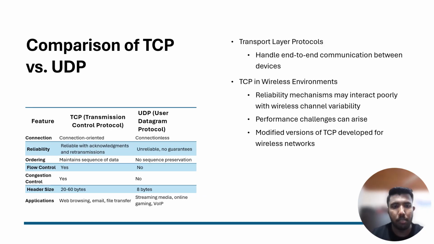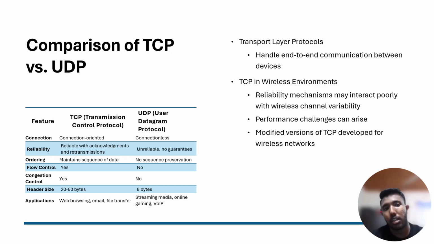In this slide, we'll do a comparison between transmission control protocol and user datagram protocol. Comparing TCP and UDP reveals fundamental differences in how these transport protocols handle data. Transmission control protocol is connection oriented, establishing a session before data transfer. It ensures reliability through acknowledgements and retransmissions, maintains packet ordering, and implements sophisticated flow and congestion control mechanisms. This 20 to 60 byte header overhead is worthwhile for applications like web browsing and file transfers that require absolute